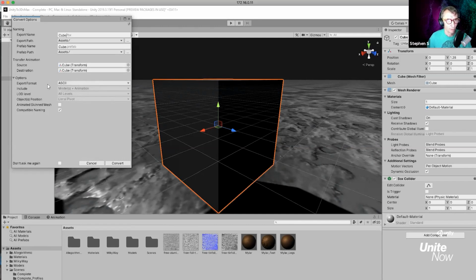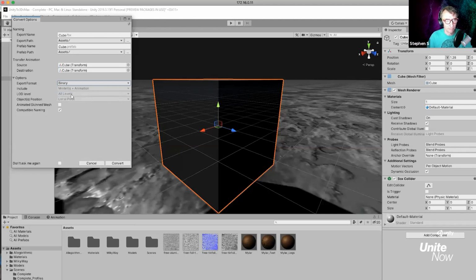And then the more important option here is the export format. So there's two different formats, ASCII or binary. Just to quickly address the two, ASCII means that it's all in ASCII format. It's all kind of an open code. So you can go through and actually modify your code. You can open up the FBX file in a text editor and modify it. A binary is not. It's more of a machine language, right?